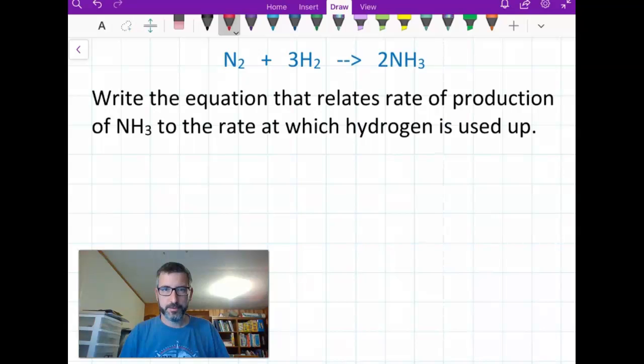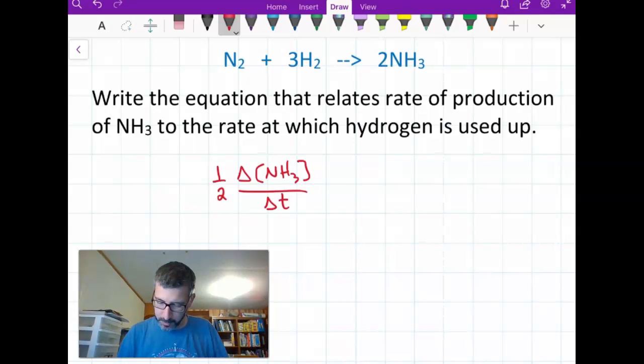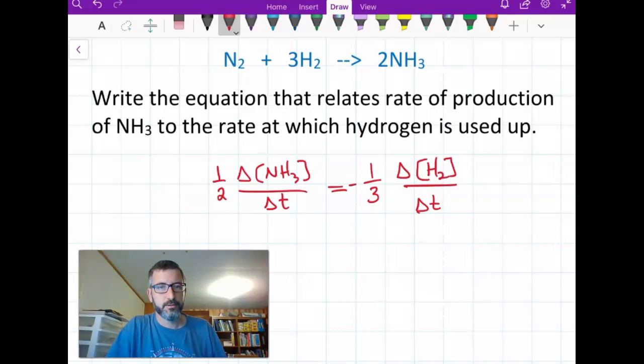Okay, so if you said your NH3 would be multiplied by 1/2, so 1/2 the change in concentration of NH3 over time is equal to 1/3 the change in concentration of H2 over time, and I forgot one thing, and of course that is my negative, right? The H2 is going to go down, and so it's going to have a negative